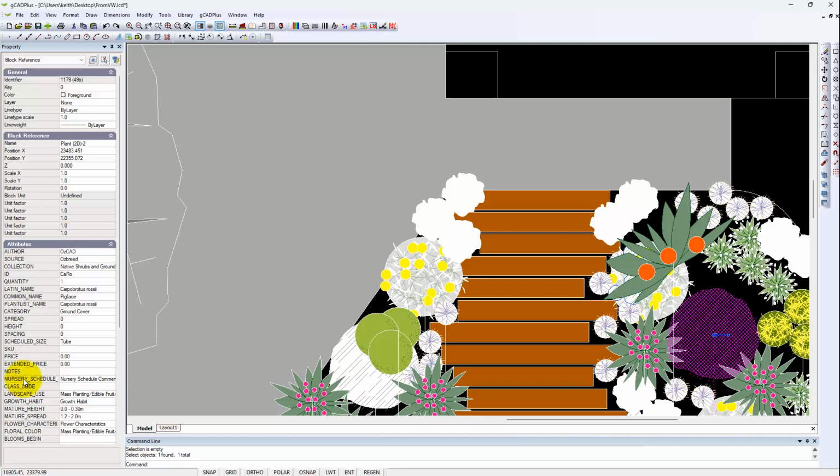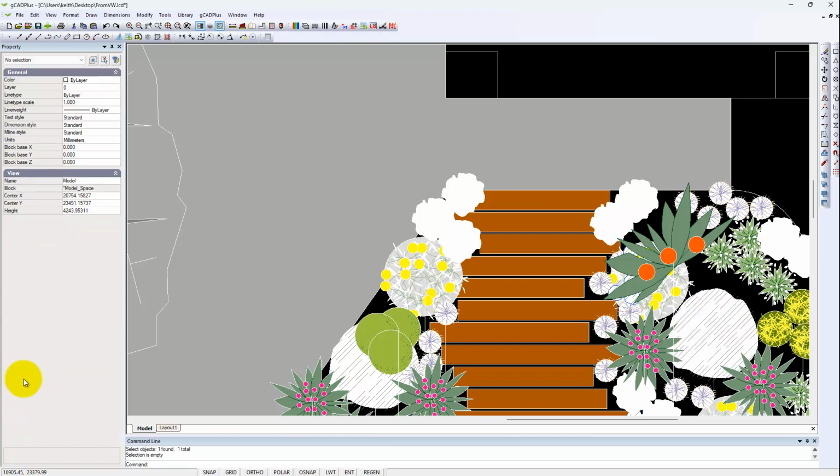These are attributes, and as you can see, gCADPlus can read attributes and display them as it's doing here, but in our hands we found attributes, storage of information in attributes, to not be as rock steady as we would like them. The other thing is that